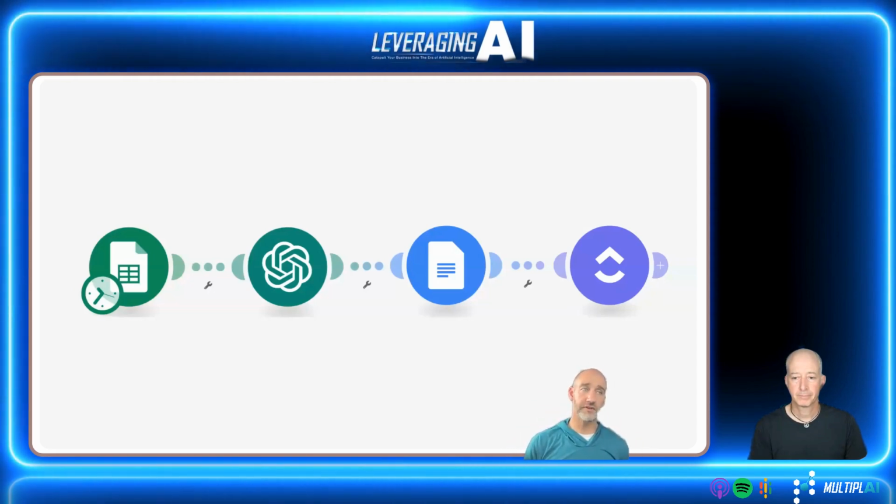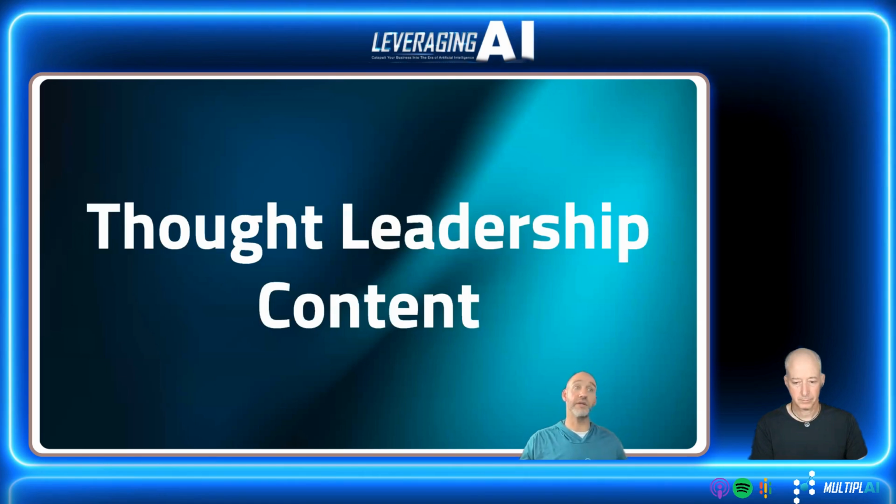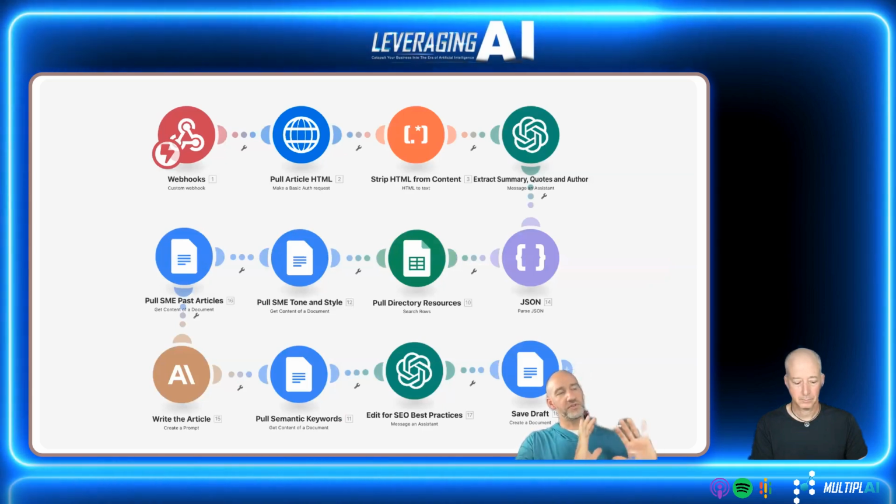Yeah. So this is the long and short of a very simple example of how you can take a client success and create a case study within 2 seconds using these automation tools. But I thought it would be good if we took a more deep dive example to really unlock the power of what these tools can actually do. So what I've done is I've gone through, and when you see it in Make, because we'll actually open up Make and walk through each of these steps, this is the number of different operations that are going on within that one Make scenario that we'll take from a thought leadership content perspective.